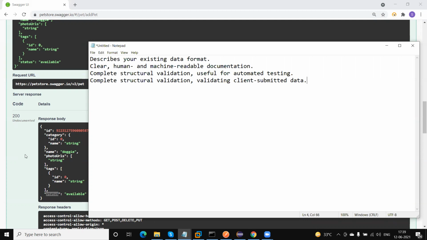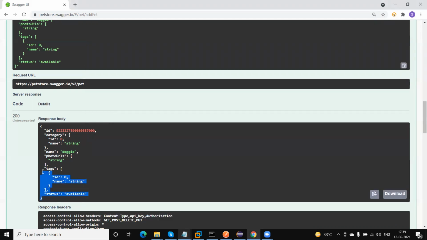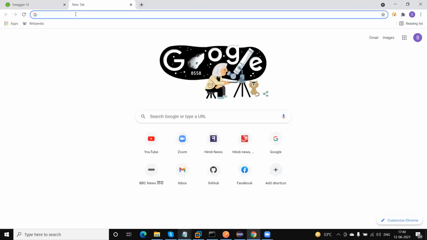Now let me show you how we validate the JSON schema in our REST API automation framework. First of all, we need to know what the JSON schema is. When you are working, your client will usually provide the JSON schema, because we don't know what the response structure is. If they are not providing it and give just the expected JSON response, we can convert this response into a JSON schema.